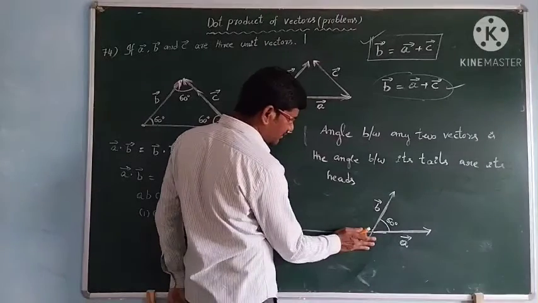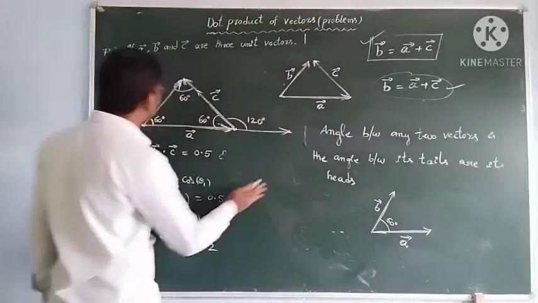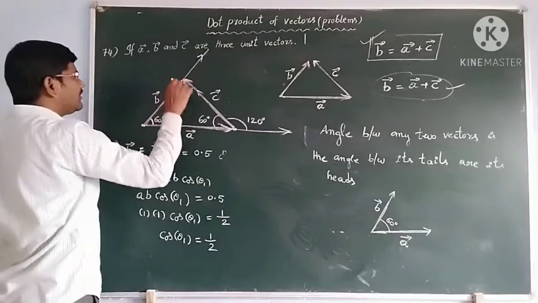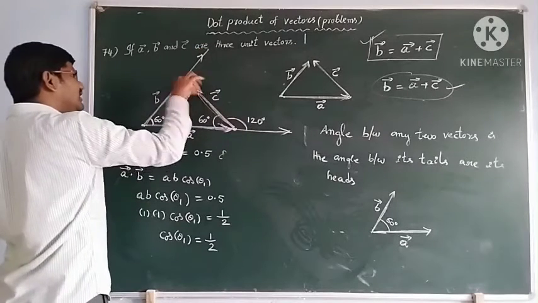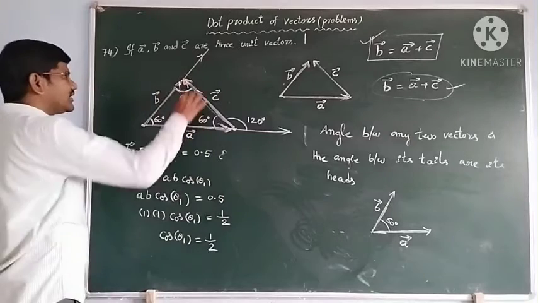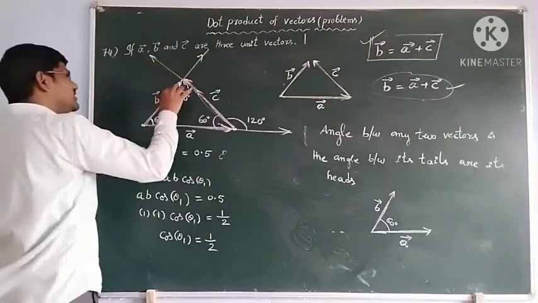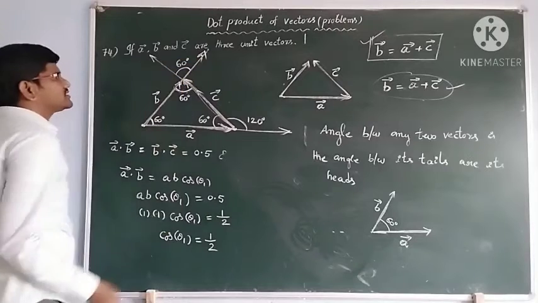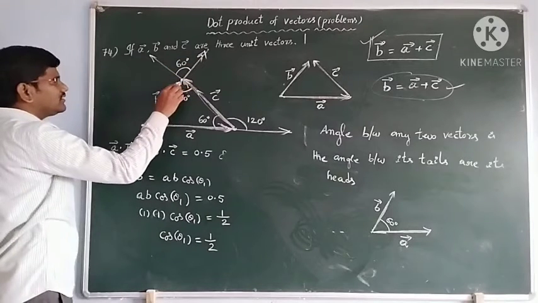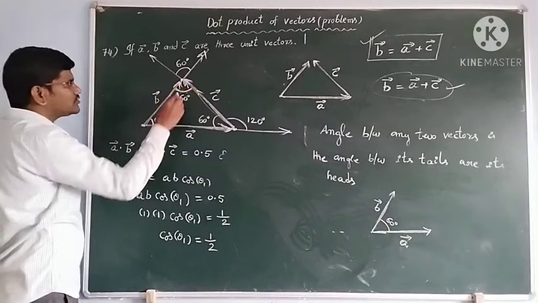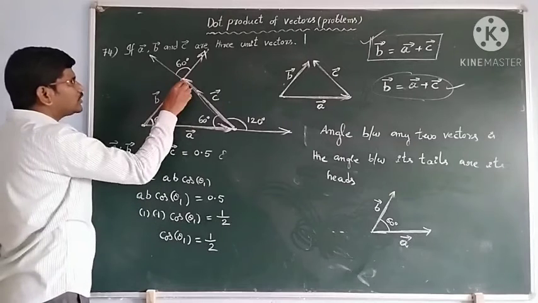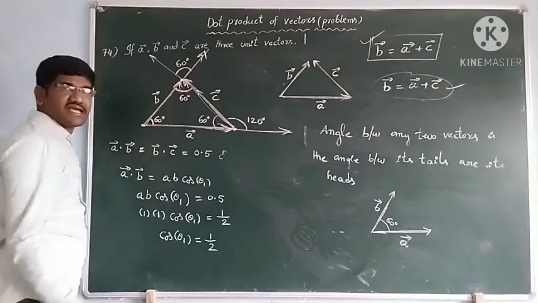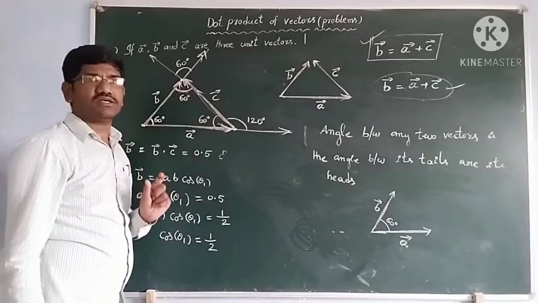So that is the angle between. Similarly, two heads are joining at any point. This is the b bar vector, head is joined here. This is the b bar vector head and this is the c bar vector head. This is also the angle between the two vectors. Since this arrow is in this direction and this arrow is in this direction, this is also again the angle between the two vectors. That means you can take either when two heads are coinciding, you see what is the angle between them, or when two tails of the two vectors are coinciding, you see what is the angle between them. That's the angle between the two vectors you will get.